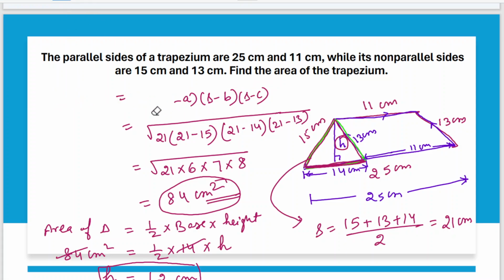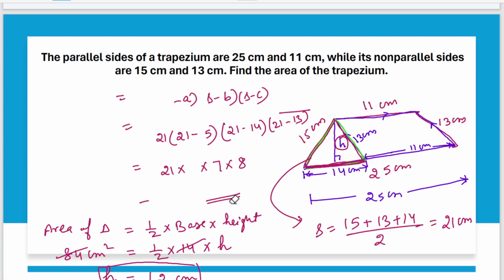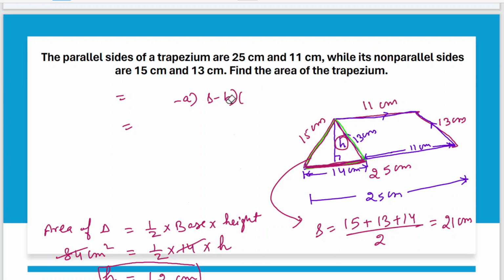So let me erase this part. We have already discussed in detail. Now try to understand this question step by step, because this is a lengthy process and I know most of the people will find it very confusing, but what you need to do is try to understand it bit by bit, little by little, and step by step try to note it down in your copy. Okay. So now the area of trapezium equal to